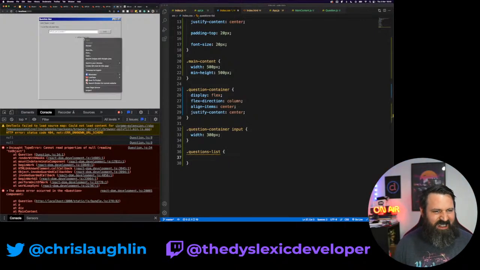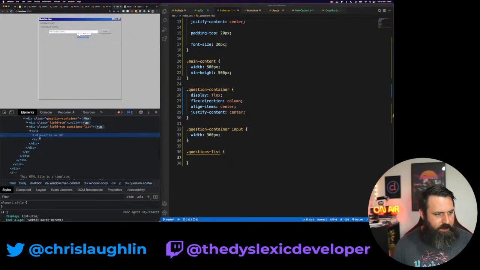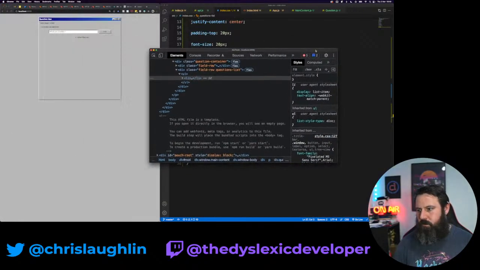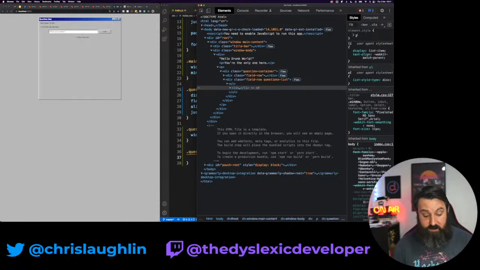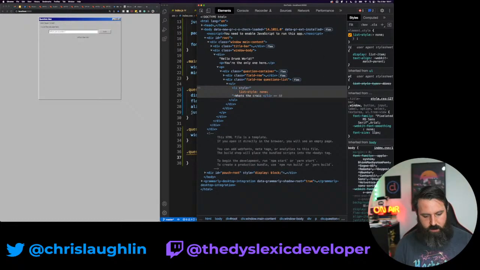So I want to style this. I guess just left align the text at the most. So inspect. I'm going to have to pull this out into a new window just so I can see what I'm doing. So let's get rid of all the crappy styles we normally get. So list style none. Is it text align left?